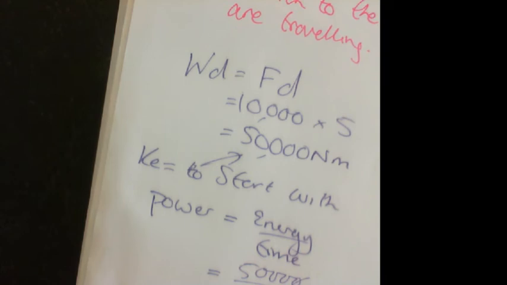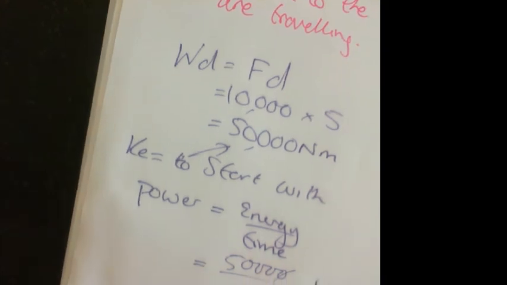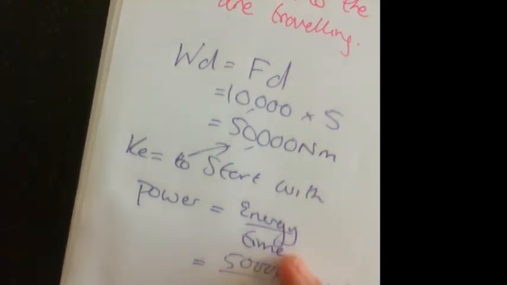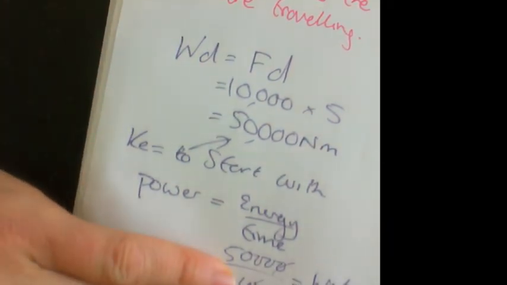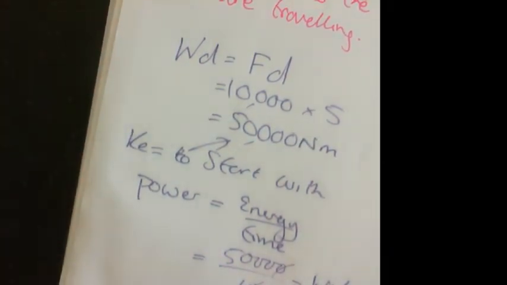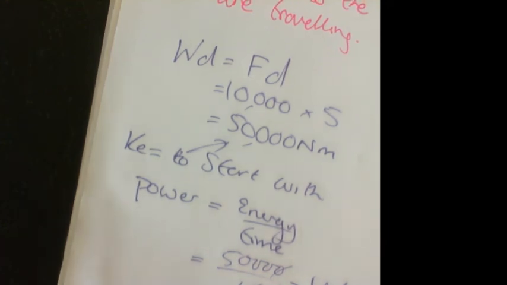And if I wanted to then work out what the power of my brakes was, I would just simply go energy divided by time. So the energy was 50,000 joules. I divide that by 10 seconds, because I just said I want to stop in 10 seconds' time. That would give me 5,000 watts. And you could work that out for anything now, just by linking it all together. And hopefully that shows you how it starts to link